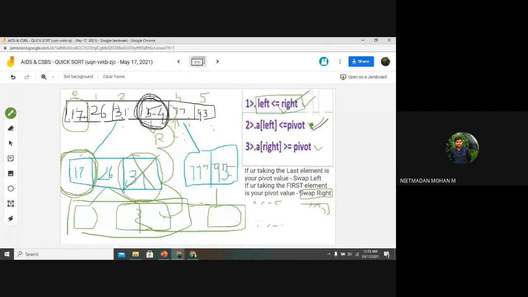If you understand the concept, then tomorrow the lines of code will be very easy for you. It is the same thing: we are checking the process, checking the condition, swapping the numbers, and calling the recursive function. There are only a minimum number of lines of code for this, but the concept needs to be understood. No doubts?